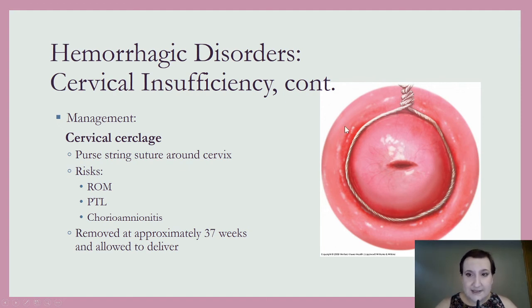There are some risks to having a cervical cerclage, including perhaps the provider hits something and we have an inadvertent rupture of membranes. Perhaps we irritate the uterus and we end up in preterm labor. Perhaps we introduce infection to that area and we end up with chorioamnionitis. However, if we note this early enough in the pregnancy, if we recognize that this woman has an insufficient cervix, then at 12 to 14 weeks, this is placed as a preventative prophylactic measure, and we remove it at 37 weeks, and that woman is allowed to progress and have that baby vaginally.